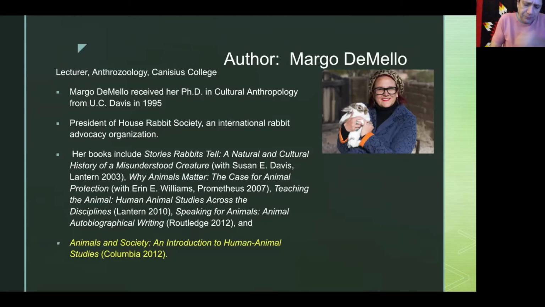You could have media scholars talking about animals in the media and how humans consume different shows and television and film about animals. You could probably have an English children's literature expert talk about children's literature and the use of animal characters in children's literature. A historian would potentially talk about all the different historical roles that animals have played in human society. So this is all to say that our text is going to be coming from more of a sociological, cultural, anthropological point of view.